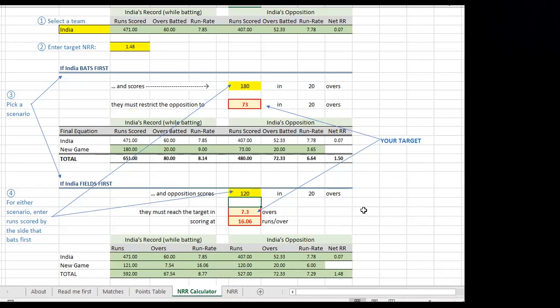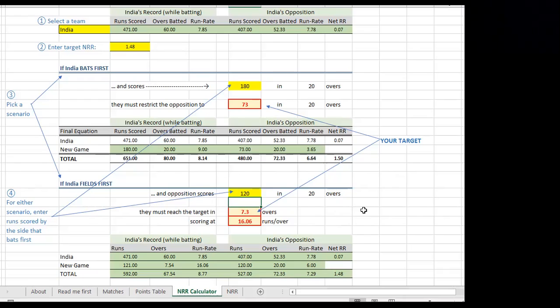So the advice for any team that is using the calculator and trying to figure out what the options should be as they head into the final game, when they really have to meet their target net run rate, is to not just download the calculator and plug in all the right numbers. As you can clearly see here, between these two scenarios of batting first and batting second, the second puts you in the driver's seat. No matter how monumental, how difficult, how impossible even the task would be, at least you would know what you're heading towards.